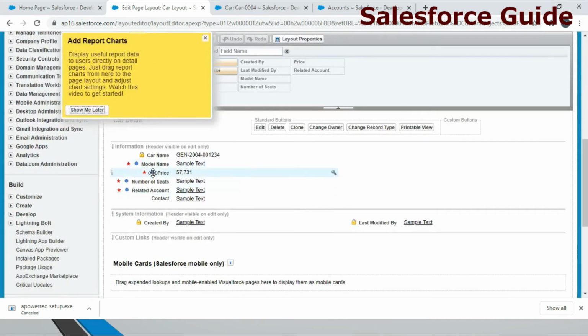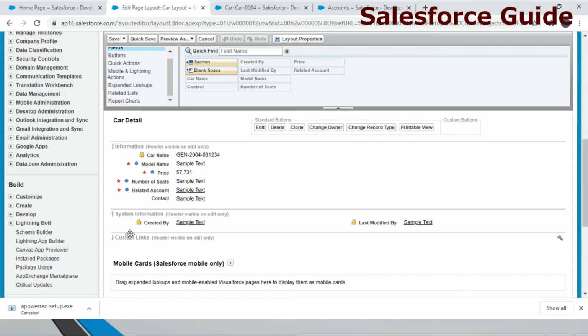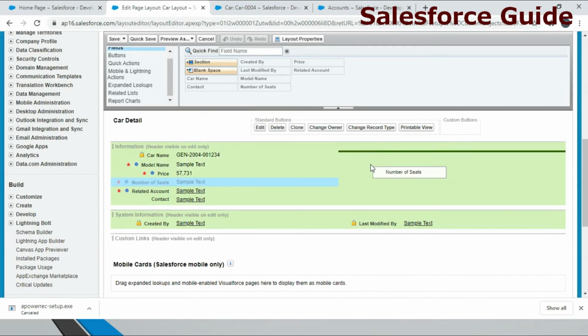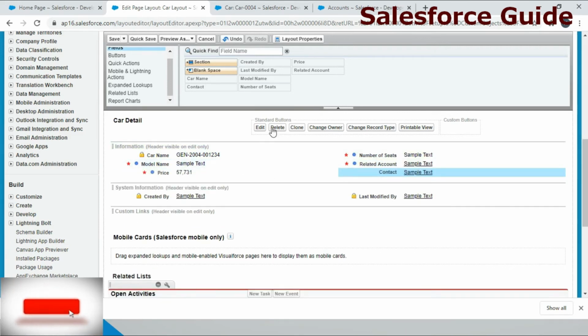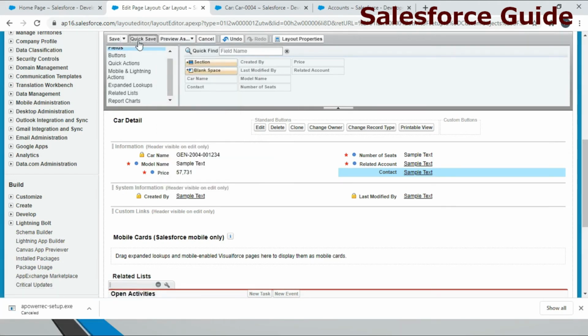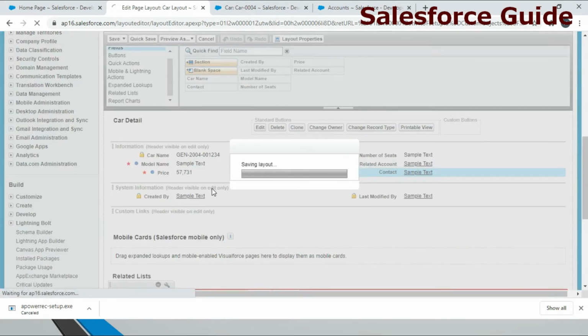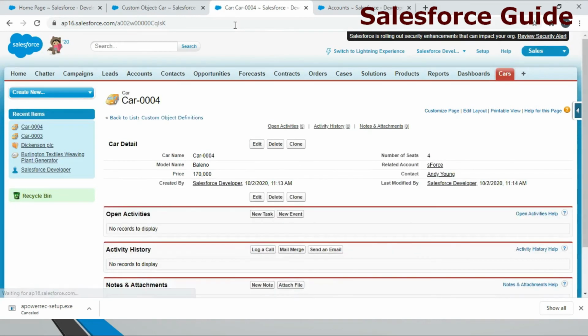Now we have the 6 fields here. Whatever fields we are seeing here, the same way we are seeing them there. So now let's push some fields next to each other. You can preview them for a particular profile if you want, or you can save it. Now I'm just quick saving. This is going to save the layout for the profile. As of now I did it for all the profiles, so it is going to work for all of them.